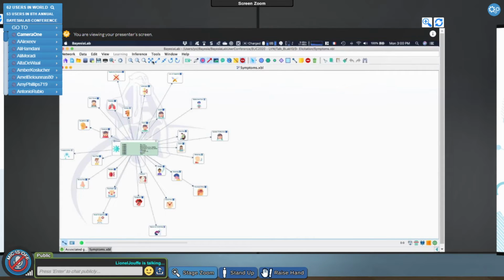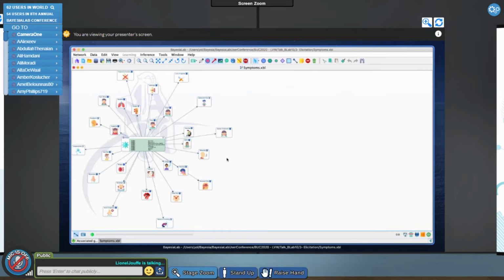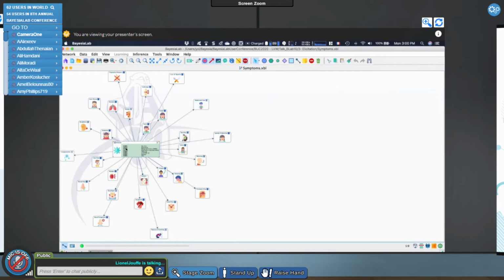So when I say it's not perfect, it's just because I'm assuming in this network that, so we have in here the nodes that represent the different diseases I'm taking into account, and then we have all the symptoms.